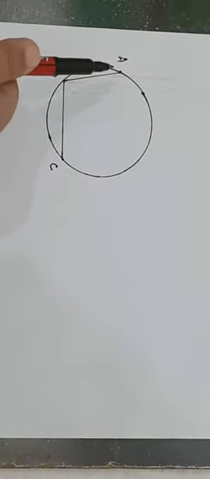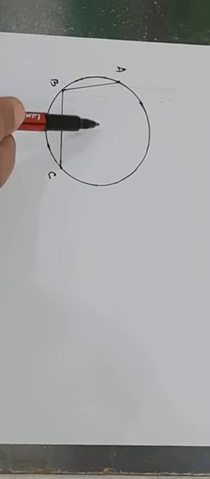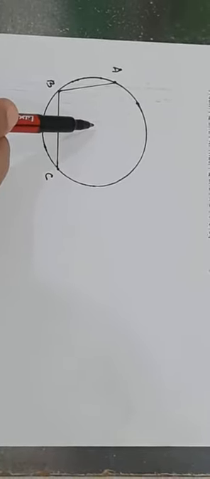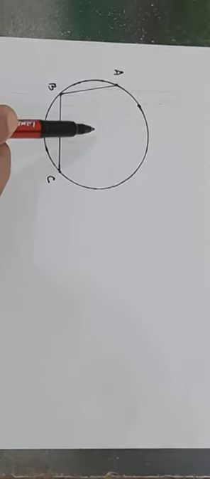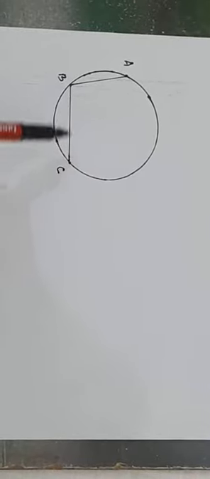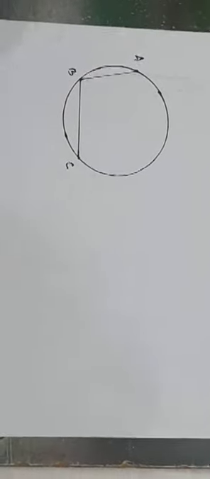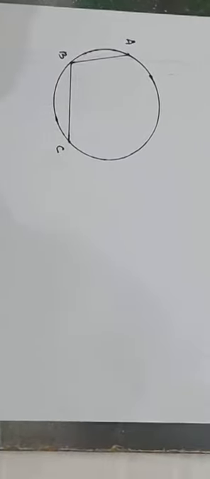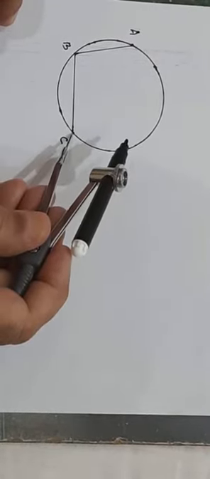Now we know that each point on the circle is equidistant from the center. So we have to locate the center. We know the perpendicular bisector property: each point on the perpendicular bisector is equidistant from the end points of the segment. Now let us draw the perpendicular bisector of these two chords. First let us take the chord BC, take more than half,